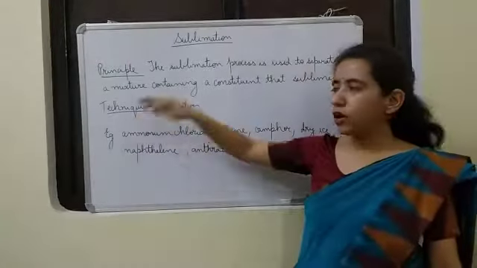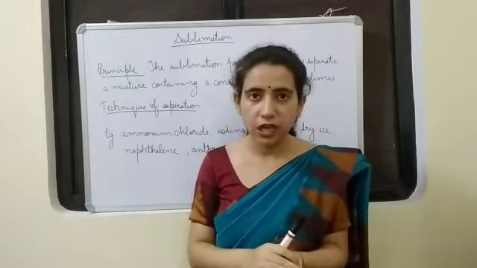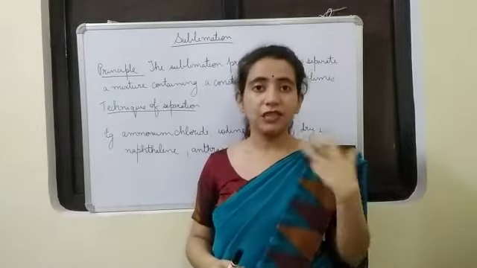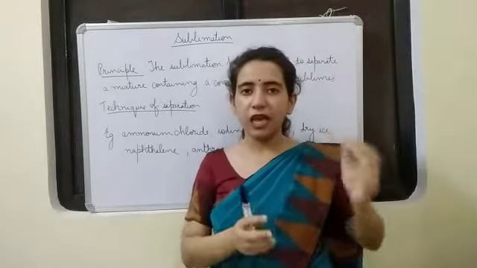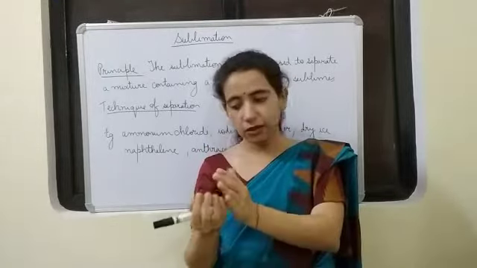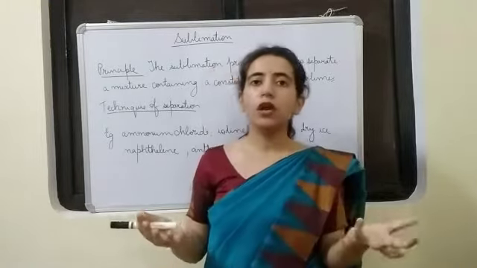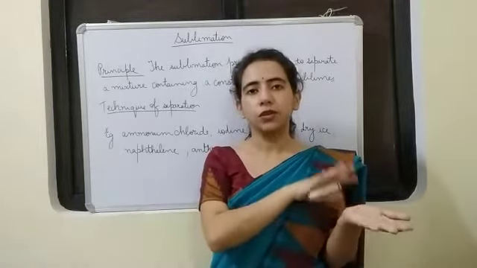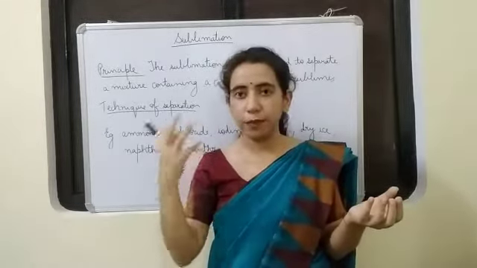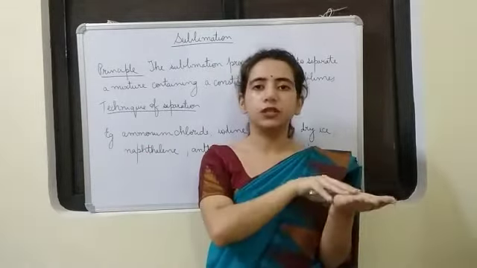Then what is the technique of sublimation? We will take that mixture containing a substance that sublimes. We will heat it. On heating, the substance that sublimes will form vapors easily. Those vapors we will collect and cool. On cooling them, we can get that sublimating substance, and all other things will be left in that dish. So the sublimating material will be separated from the mixture and come out, and all other things will remain in that dish itself.